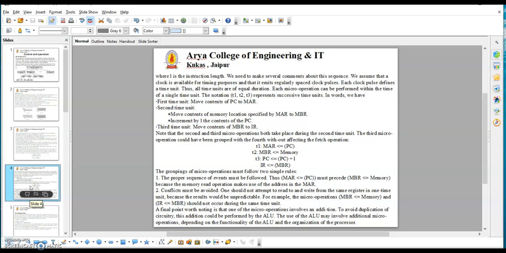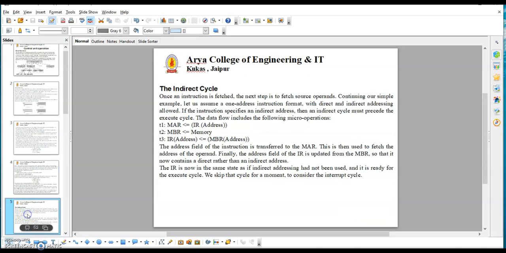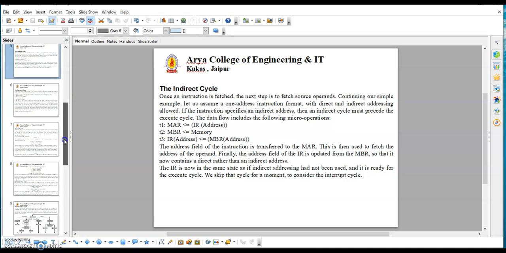If we talk about the interrupt cycle, you can see that at the completion of the execute cycle, a test is required to determine whether an enabled interrupt has occurred. If so, the interrupt cycle occurs. The nature of the cycle varies greatly from one machine to another. We present a very simple